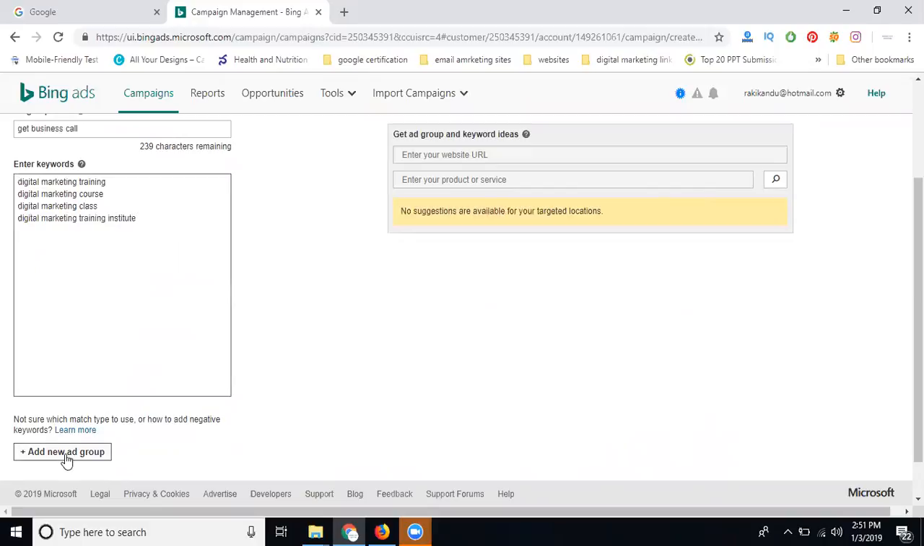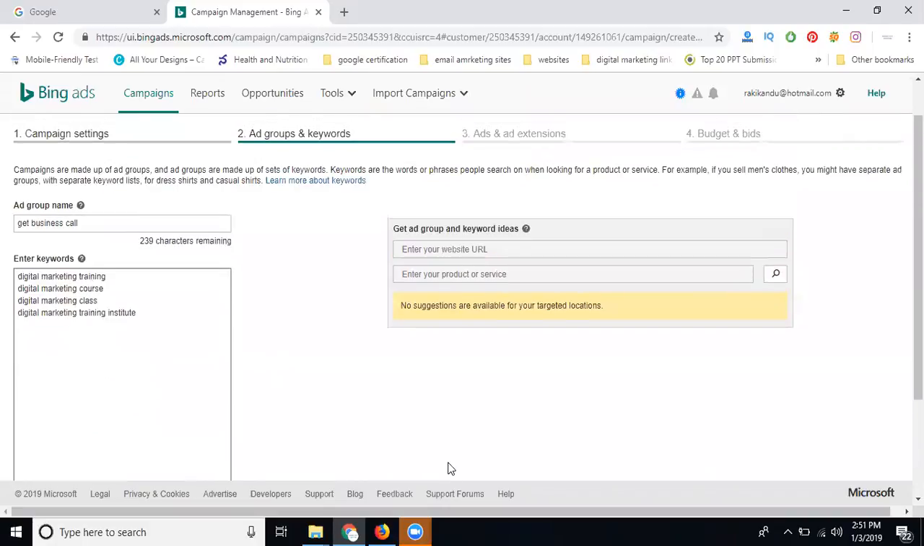So just I'm adding for my ad group. This ad group is called... Always remember each campaign we can add for multiple ad groups. So in this one I can get the business call for DM training is my group. This is my keywords. I'm selecting for